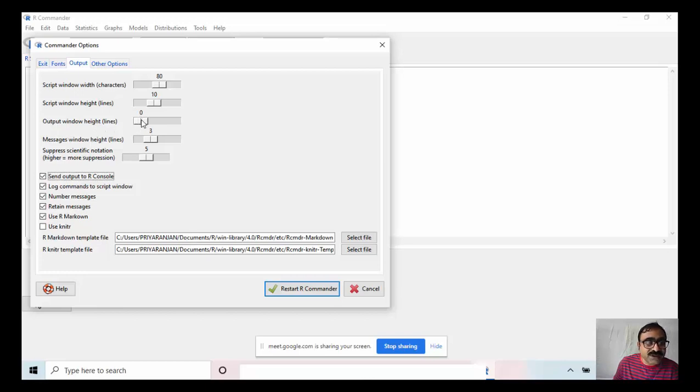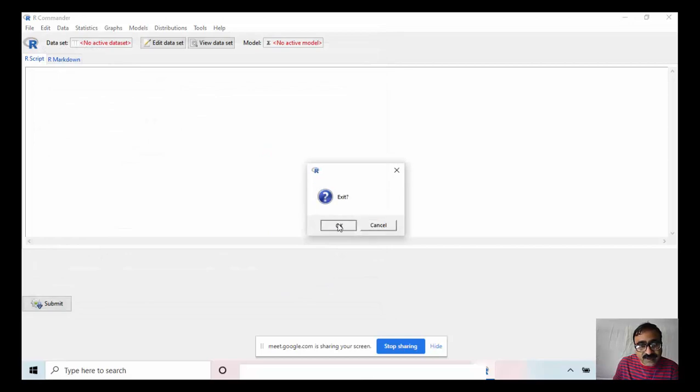It is by default 0, just increase it to 20. And then here there is a tick mark, send output to R console. Just untick that, and restart R Commander.